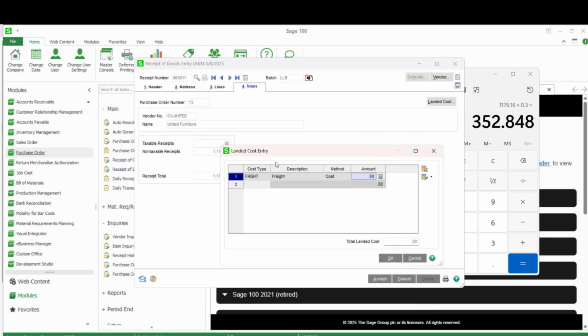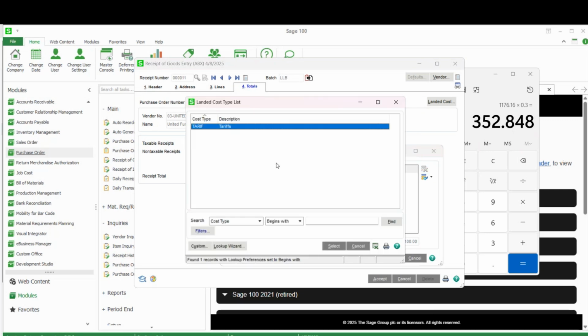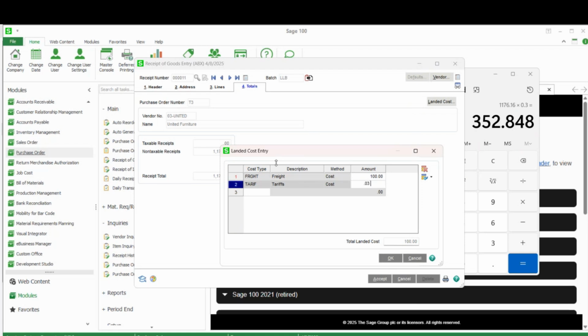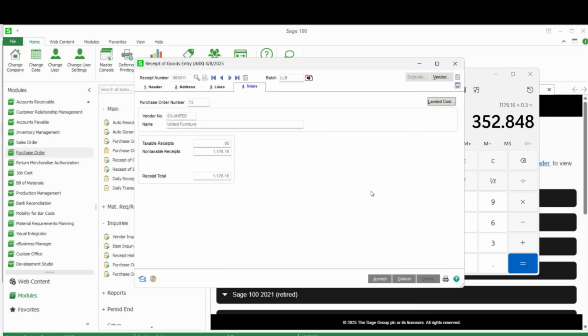I'm going to do my freight again for $100. And then I'm going to do my tariff for 352.85. All right. And that's the effort. Now,